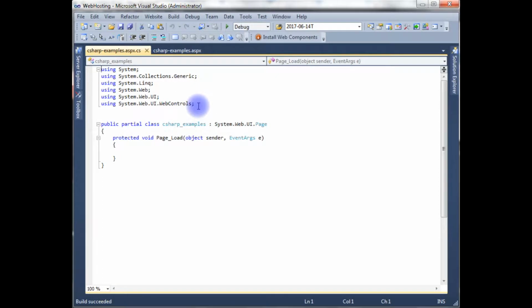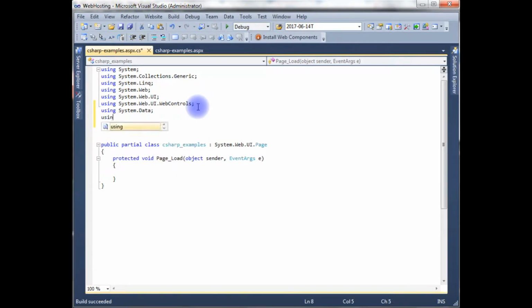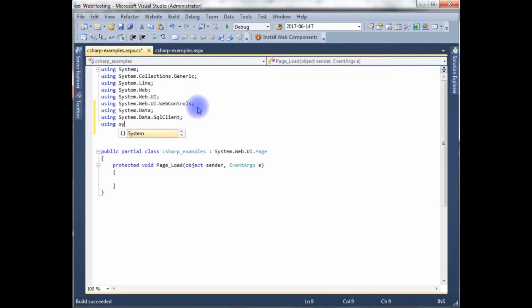In the code behind, the first thing is we need to add the namespaces: using System.Data, using System.Data.SqlClient. The last one is using System.Configuration. After adding the three namespaces, in the page load event, I am writing the code. The first is if not this page is post back,